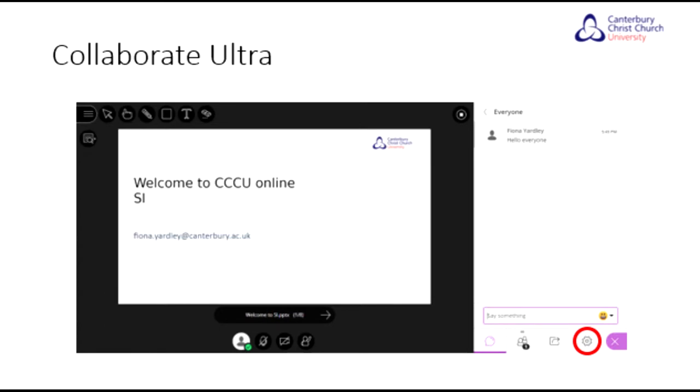Here are some important points. I've said it already, but you must use Chrome. If you don't, you're likely to get sound problems. You may be offered the opportunity to do a sound and video check. Make sure you take that opportunity. If you aren't asked, click on the little cog icon and use the settings to set up your audio and video. If you don't have the white panel, click on the purple blob in the bottom right hand corner and it should appear. It generally works best to use headphones, even better a headset with a built-in mic,